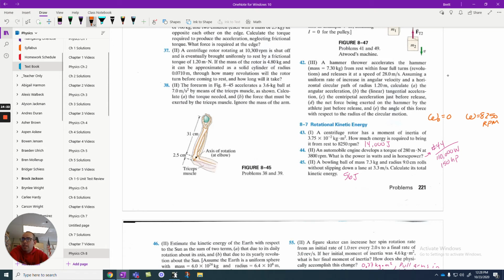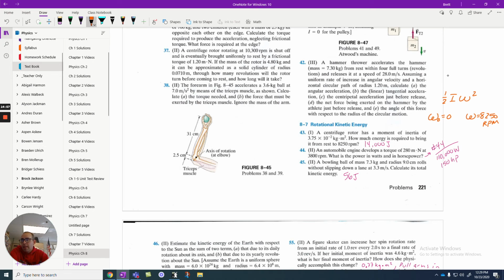We want to know how much energy is required. Well, it went from 0 rotational energy to a whole bunch of rotational energy. And when you figure out how much rotational energy there is at the end, that should tell us how much energy was put into the system. And that's just 1/2 I omega squared. Well, once you get omega to be in radians per second, that's an easy calculation. And then they gave you the moment of inertia. They gave you I. So it's pretty easy to calculate. We skip 44,